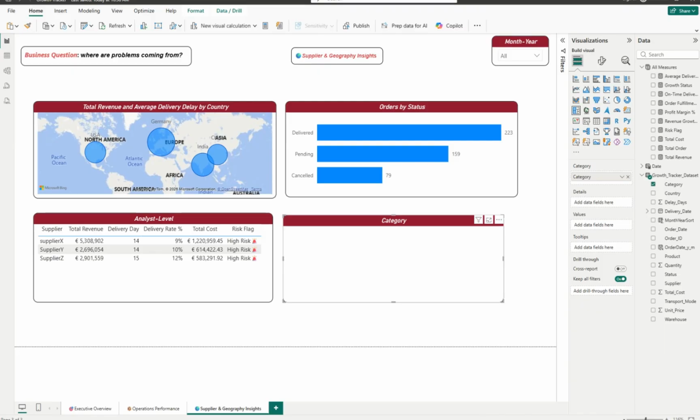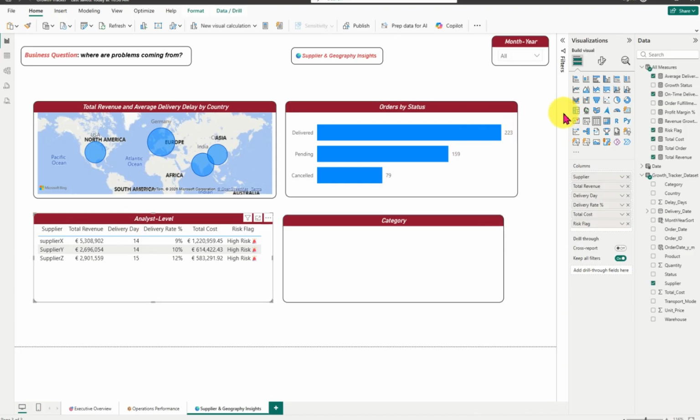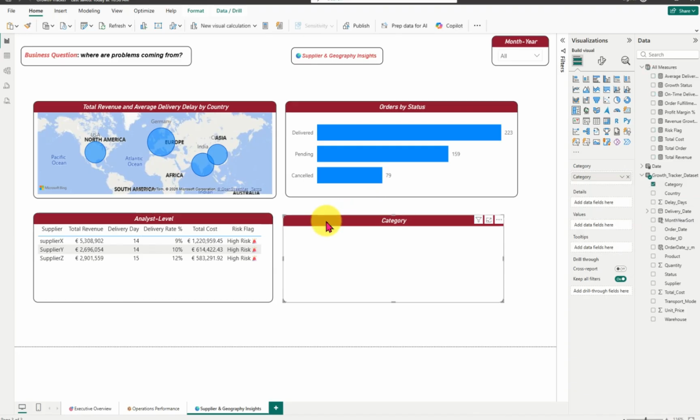So then we are using a tree map already. Please, for this, you should know, once I click on this, we are using a tree map. This one we are using a table. I think we are using a table for this, so you can see we have a table. For this, we are using a tree map. So we pick